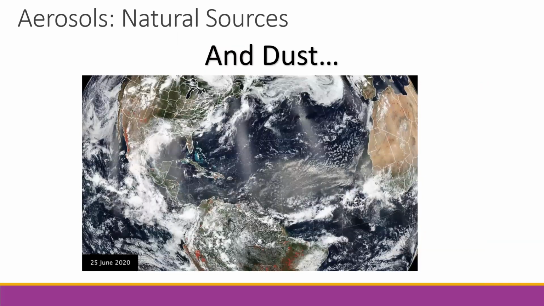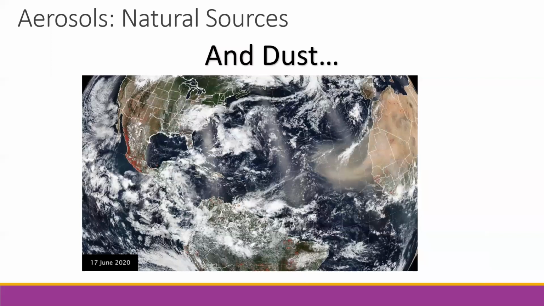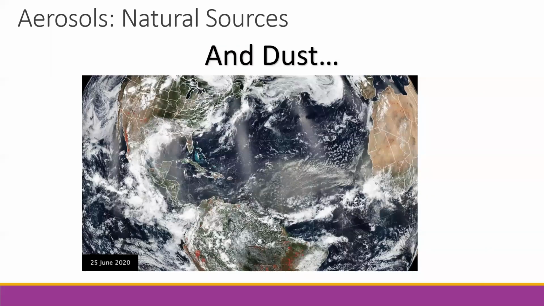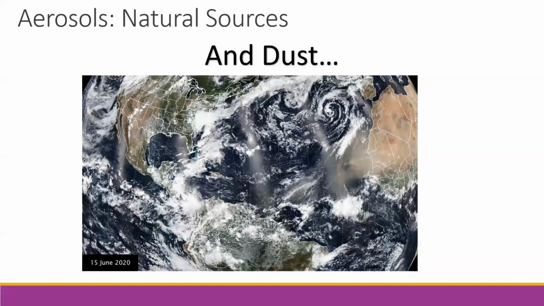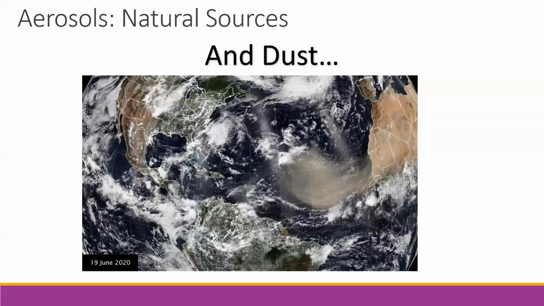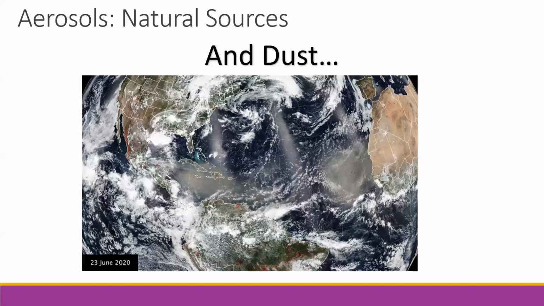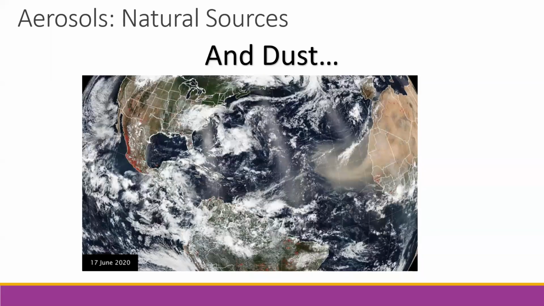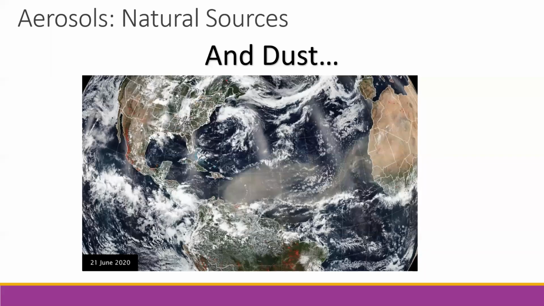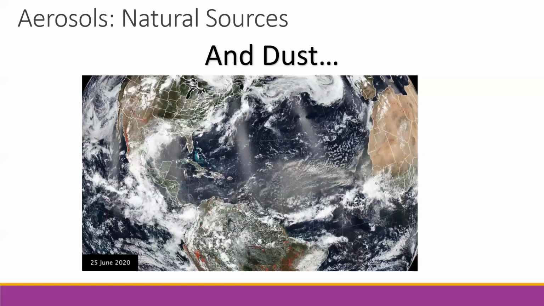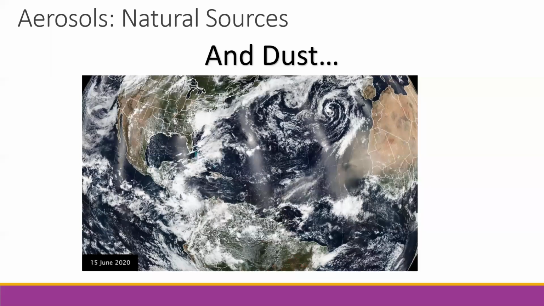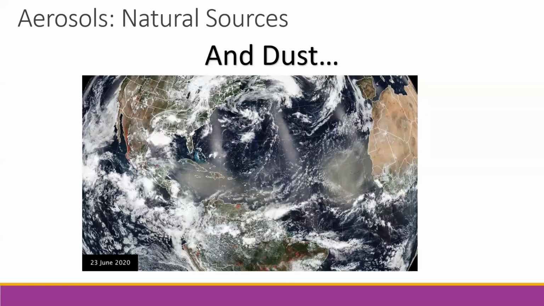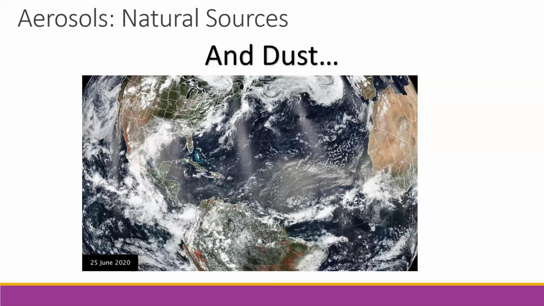And if you've been paying attention to the news the past few weeks, you might have heard about a really bad dust storm that hit the southern United States, causing very bad air quality. And it turns out that this dust actually came from the Saharan desert. This is a great example that these pollutants that are emitted can travel thousands of kilometers to affect air quality downwind. So your pollution that's emitted isn't just local, but it can also be global.